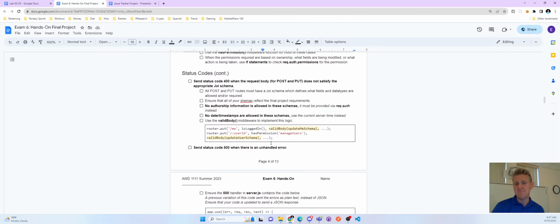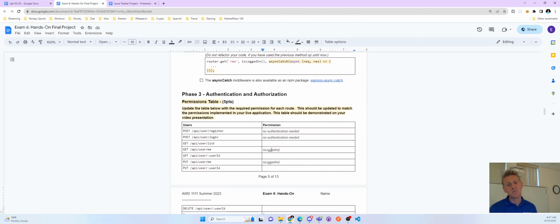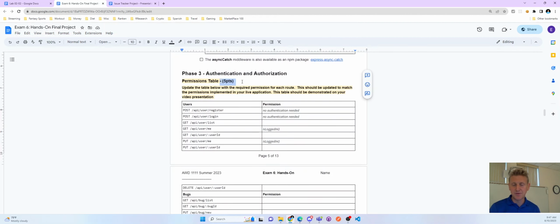Your permissions may have evolved with time. Okay, so what I'm asking for here, this is the simple 5 points. Just give me the permissions that you have implemented at each route. Okay, so you should be able to